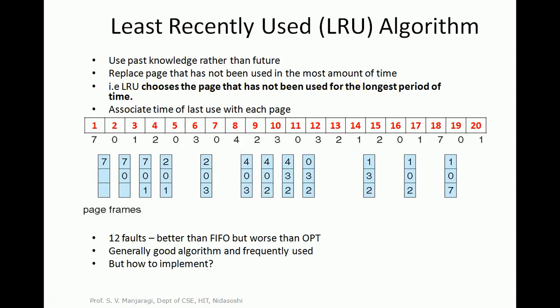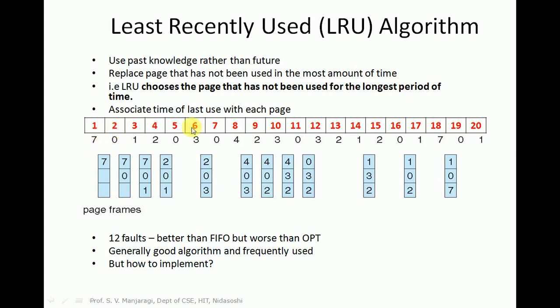So the pages which we have already accessed, that history we consider here, and for the replacement we choose a page that has not been used for the longest period of time. This is one of the widely used page replacement algorithms by almost all the operating systems like Windows, Unix, Linux. Now let us take one example and see how to apply LRU, and let us count how many page faults it is going to generate.